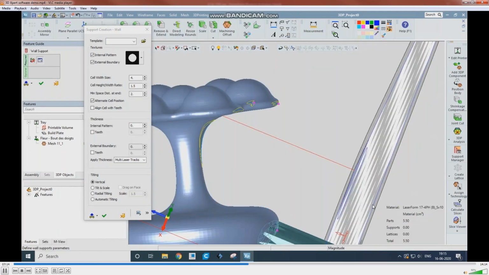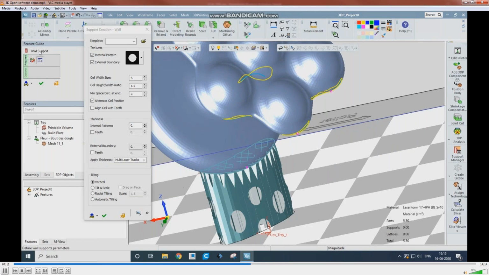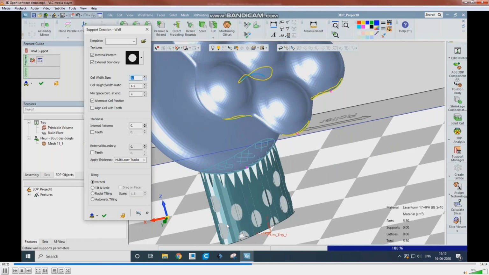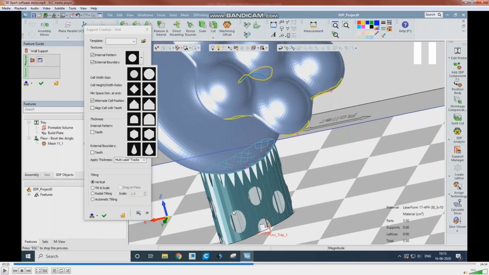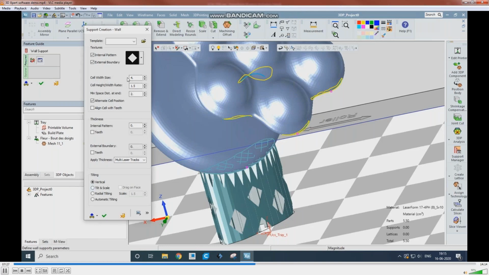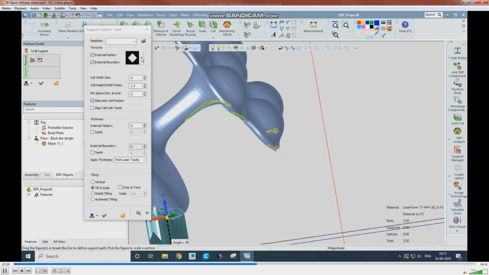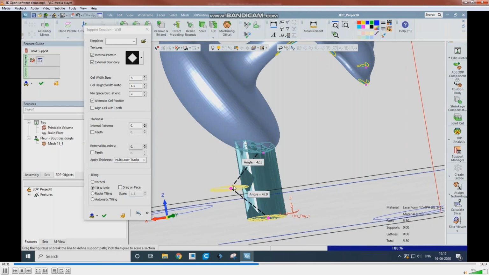And yeah, I have clicked on wall support. Okay, the wall support is provided with the circles. See, these circles will save the amount of material, and as well as it will help you by dragging the trapped material inside it. Okay, so the software is providing so many patterns here. You can go for the rhombus, the square, and one more thing is tilt.